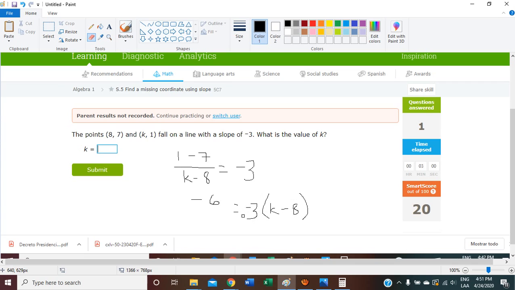So now this number that is multiplying, I am going to send it the other way by dividing. Remember that I said that I didn't need a line? Well, I really need it again. So if I do this operation, negative 6 divided by negative 3, the answer is going to be 2, because negative divided by negative is positive, 6 divided by 3 equals 2. So the answer is, so far, 2 equals k